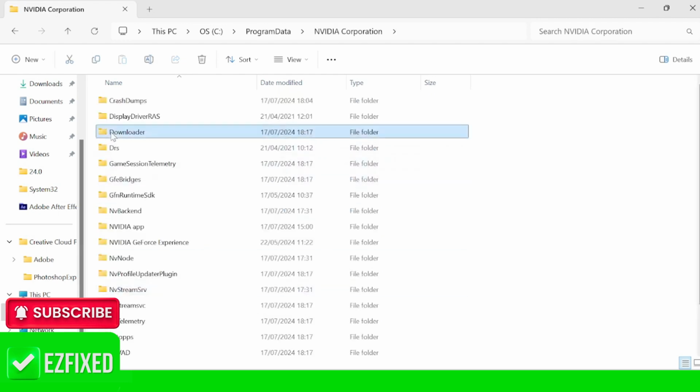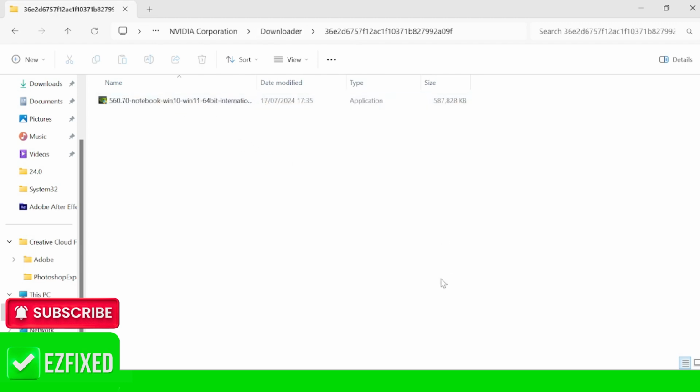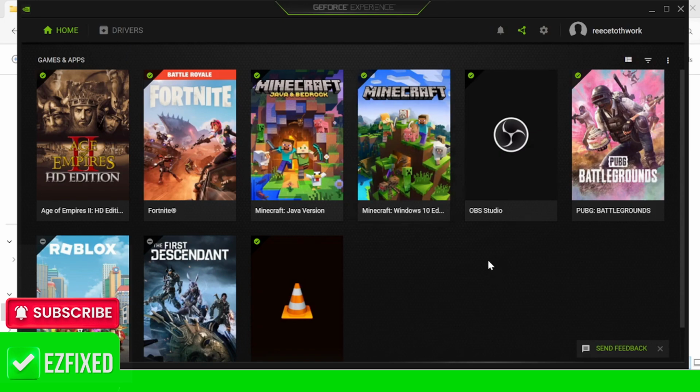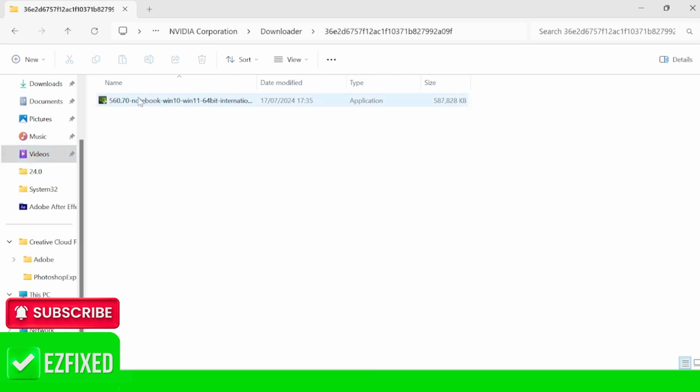Inside of the Downloader folder, you should see a folder or two with a bunch of numbers and letters. So just simply come inside one of these folders, and then we need to load up the GeForce application. Once you're inside of GeForce, come over to Drivers, and next to this Game Ready driver here, we'll see a version number. So my version number is 560.70. Now if I come back over to this folder, you'll see the application inside of here starts with that same version number,